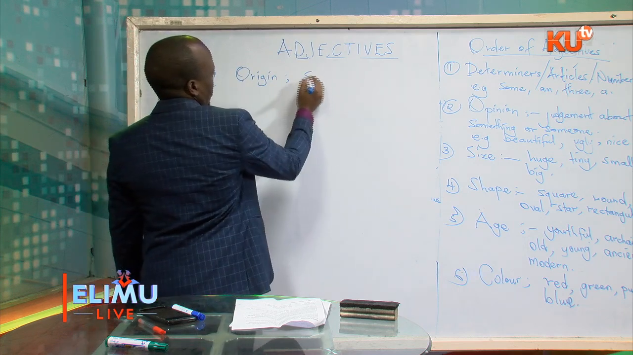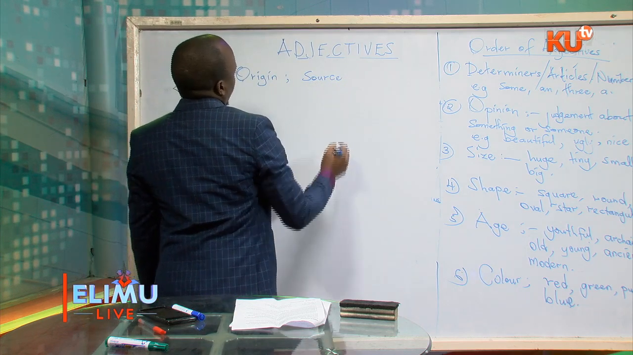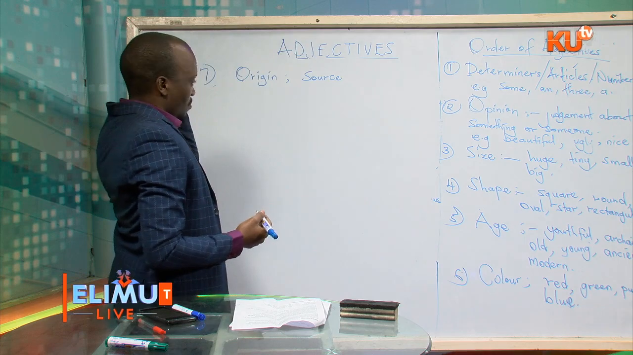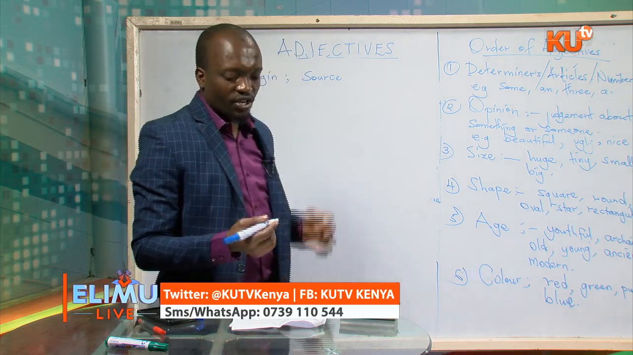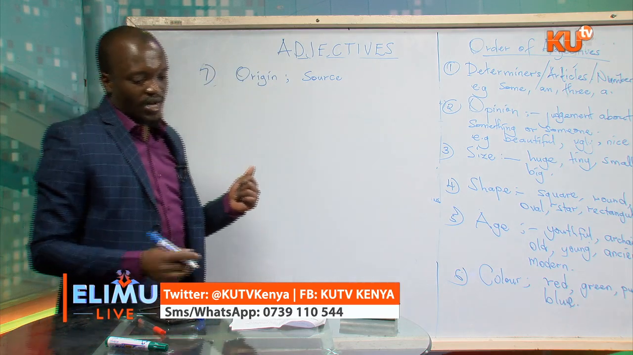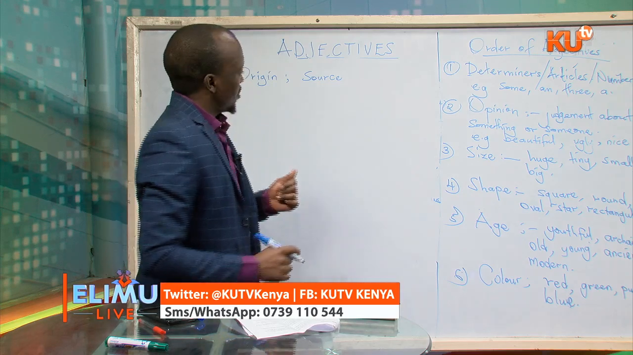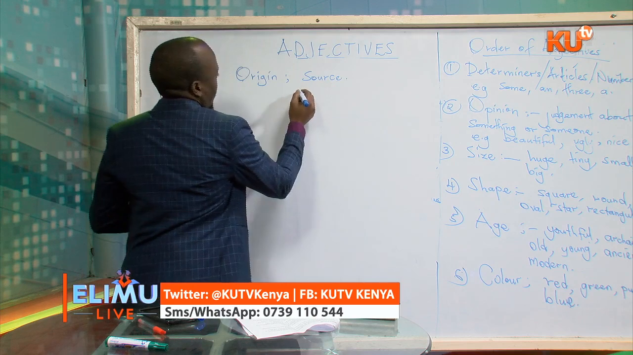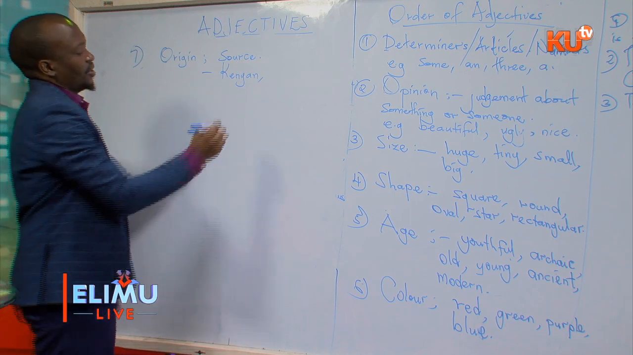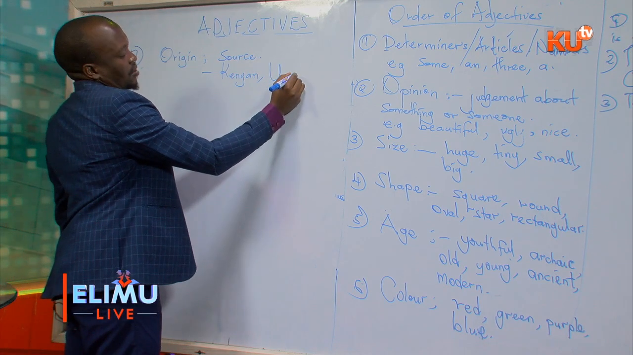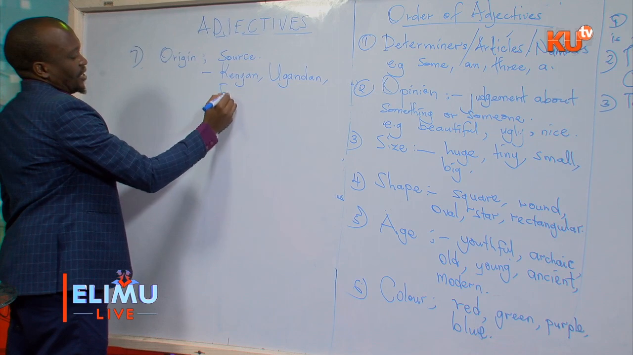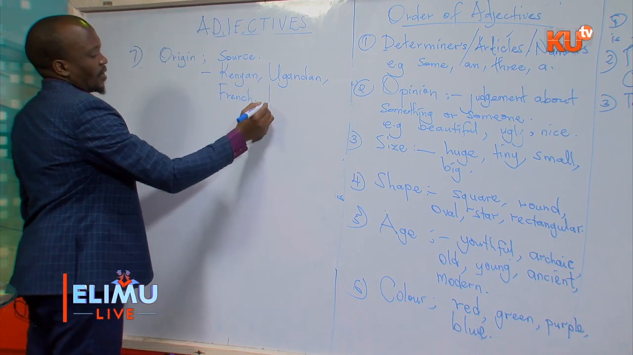Origin is simply the source. The source, or where something or a person comes from. That is what we call origin. The source of an item. Origin. And dealing with origin, I'll give words like, I'll talk of Kenyan, I'll talk of Ugandan, I'll talk of French. We can have